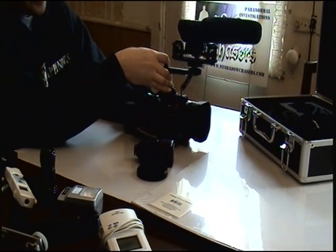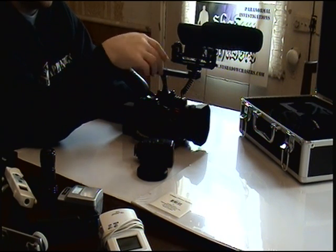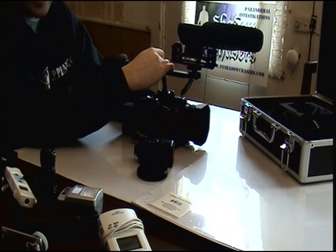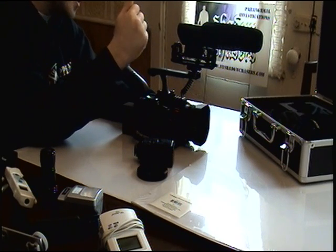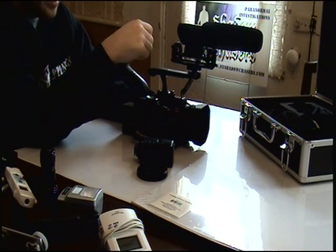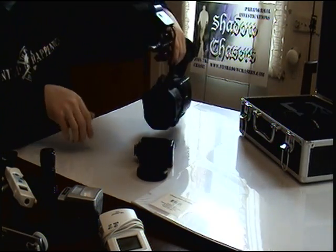The biggest issue here is it's a professional level camcorder and you're going to be paying a professional level price. Currently, these cameras can be bought brand new, or at least semi-new, thanks to Amazon, for $1,500 to $2,000. While a lot of people look at that and go, ooh, there's a thermal camera that you'd rather buy. This is for people that actually do videography, not for your average consumer. So keep that in mind, and just remember, the Panasonic